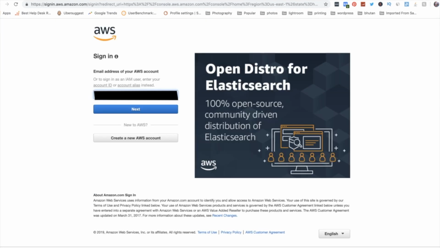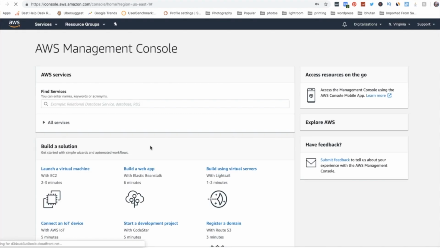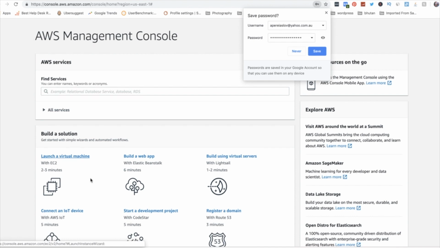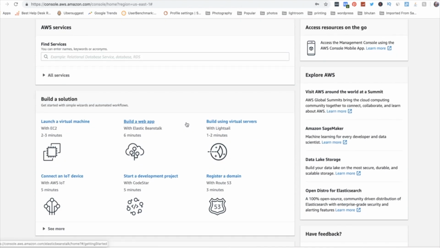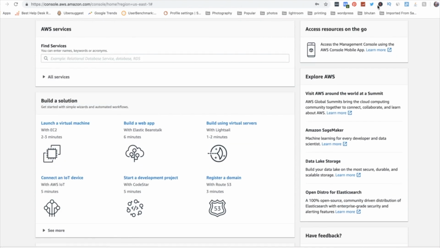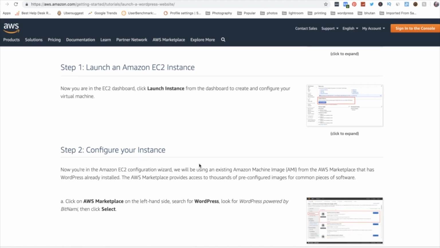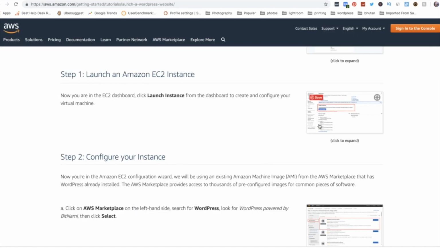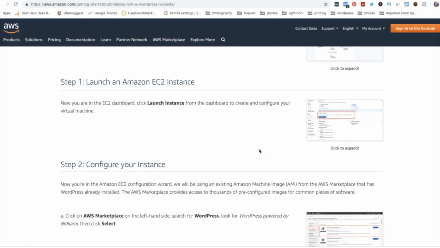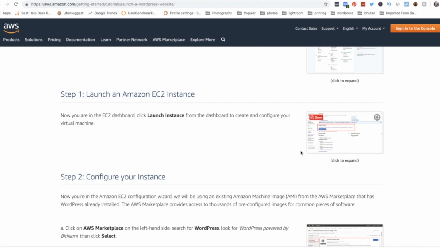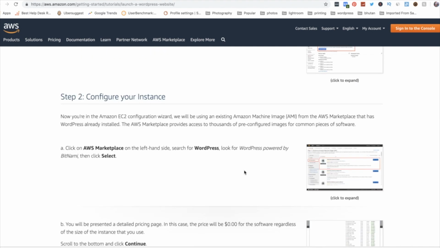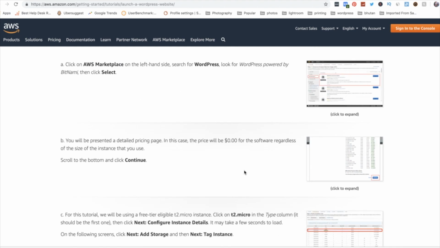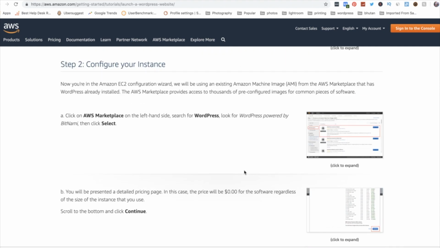So we're going to log in with the account which we created. Okay, so this is the AWS Management Console. We're going to read the manual a little bit. We need to launch the instance, and that's the screenshot of how it's supposed to look. Sometimes I look at the screenshots and they're not exactly what you get, so sometimes it's a bit tricky. So anyway,